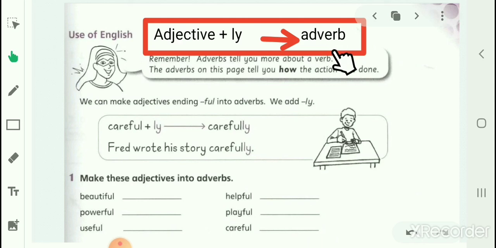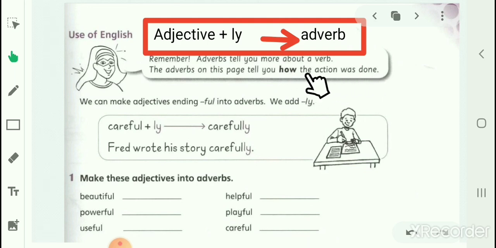Let's see these examples. But before that, let's read this bubble. This is a bubble of a speech. Remember, adverbs tell you more about a verb. نتذكر احنا بنعرف انه الadverb describes the verb. الظرف يوصف الفعل، يا اما بيحكي لنا عن اتجاه الفعل، مكان الفعل، زمان الفعل او طريقة الفعل. So the adverbs describe verb. هذا الكلام ما أخذناه. The adverbs الظرف on this page tell you how كيف طريقة how the action was done